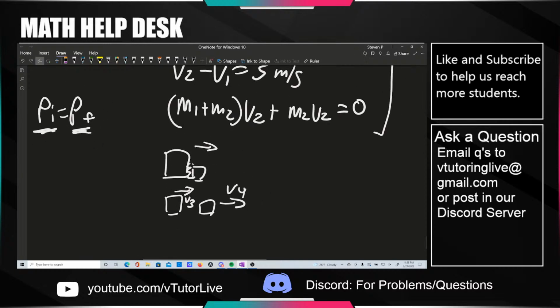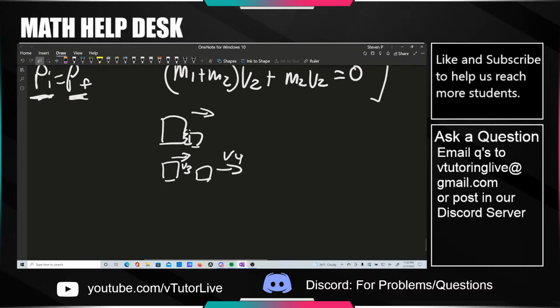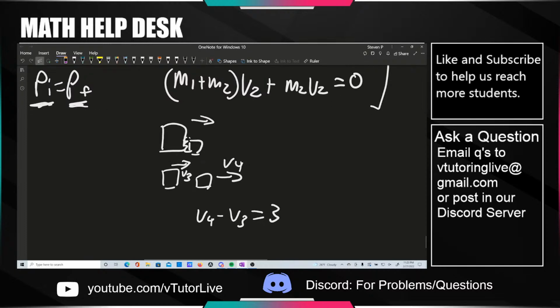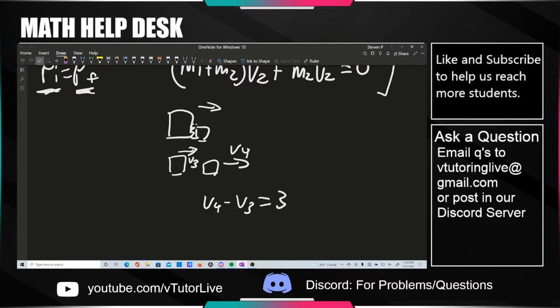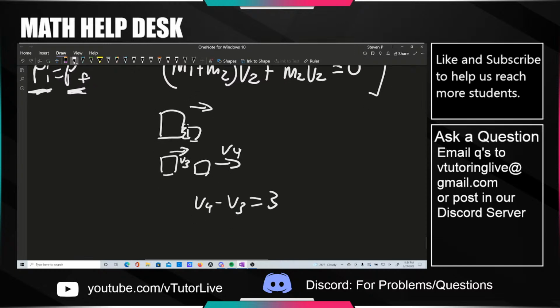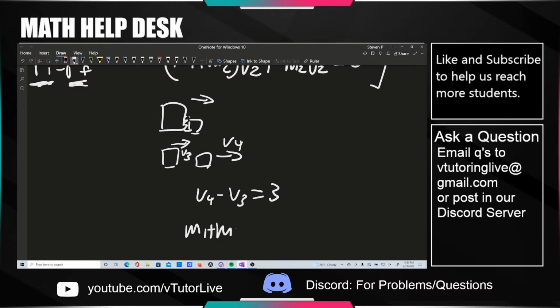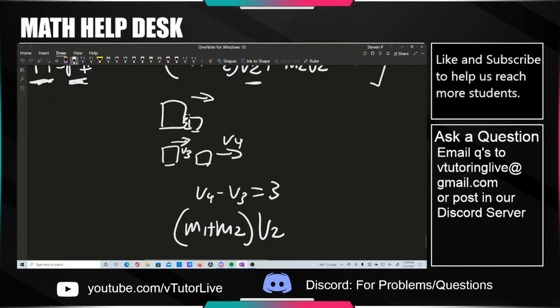So it's basically the exact same idea, with V4 minus V3 equal to whatever they say, like 3 meters a second. And then the conservation of momentum, the equivalent of the second equation, this time around is not equal to 0 because there is some initial momentum. The initial momentum is just m1 plus m2 times v2 from the previous system of equations, and that's going to be equal to